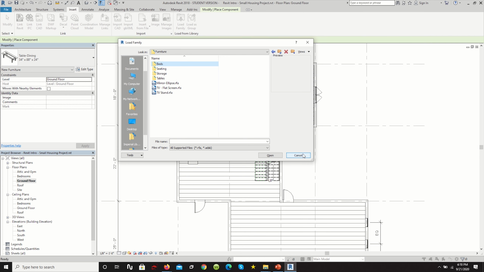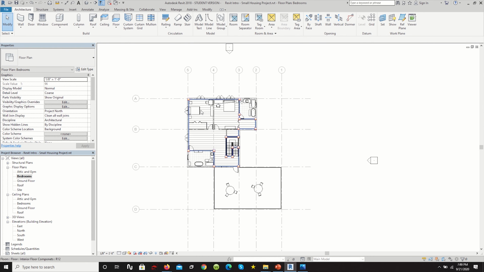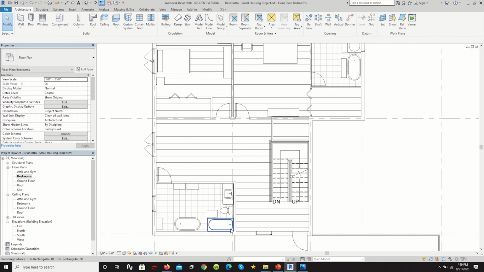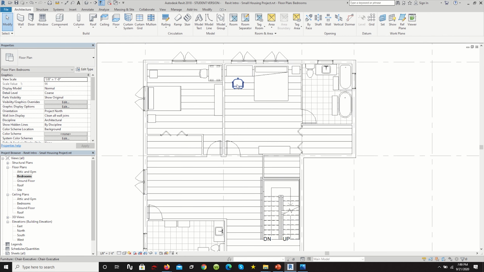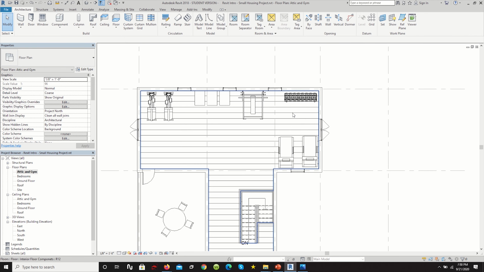So I'm going to fast forward right now. I just finished furnishing each of the levels. Let's quickly go through some of the things that I've done. So the bathrooms, you have your tubs, your fixed showers, your sinks, the vanity, toilet, beds, chairs, desks, dressers, the closet with the bifolding doors. Of course, the attic, you have the gym equipment, the outdoor furniture for the terraces, washers, and of course, going